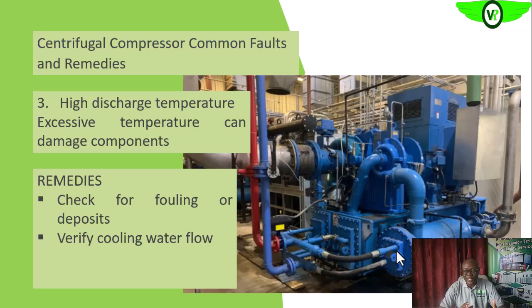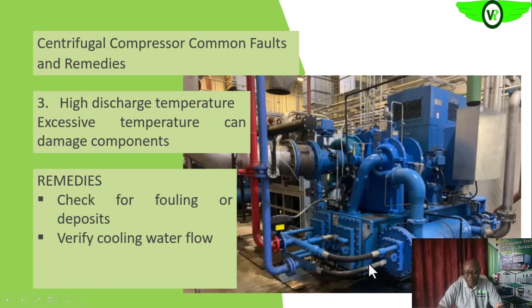So if the delta T is high, that means it is very effective. That is, if the outlet temperature, the temperature of the water on this red line, which is the outlet, is far higher than the inlet temperature of the water,